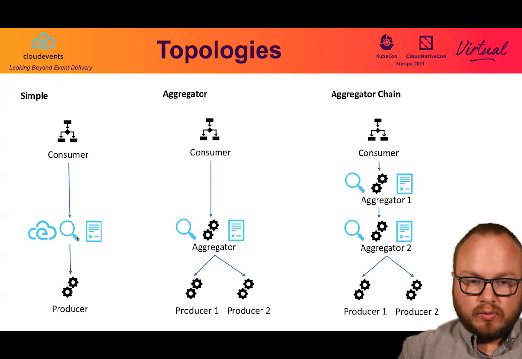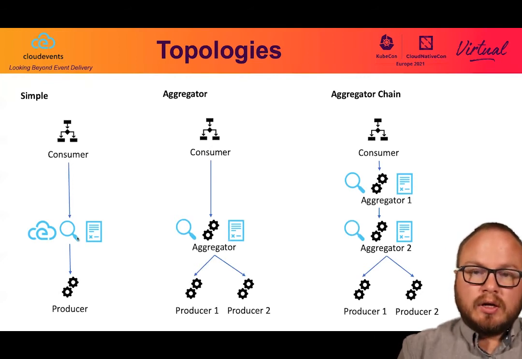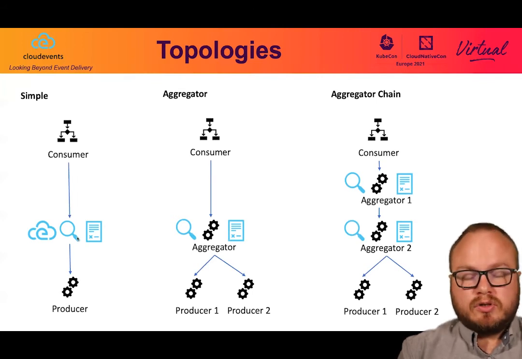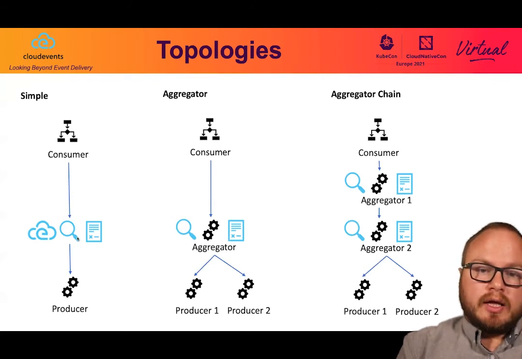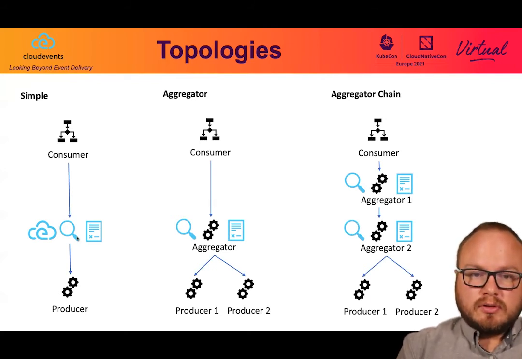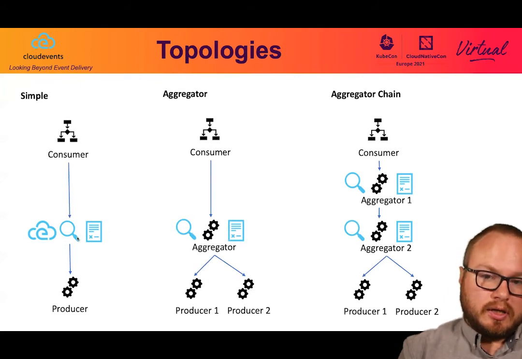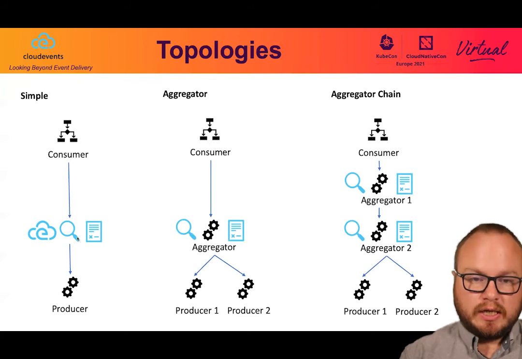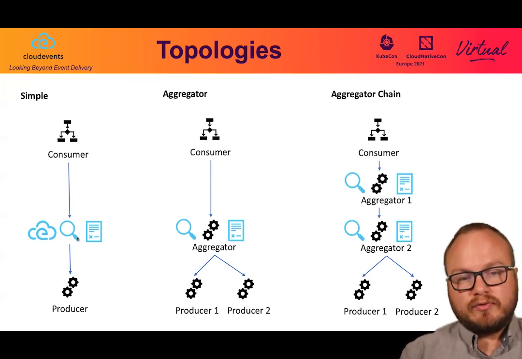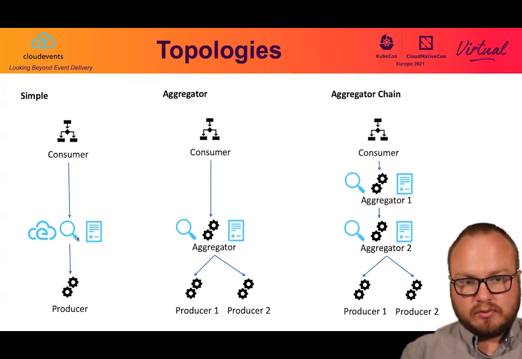Aggregator 1 can just use aggregator 2 and even make some change in the transport, going from HTTP to Kafka, and also expose one subscription and one discovery API. So the consumer can talk to aggregator 1 and see everything that is below aggregator 1.